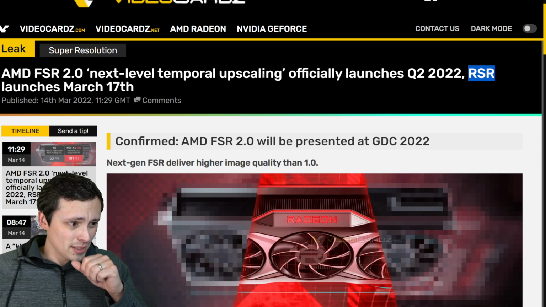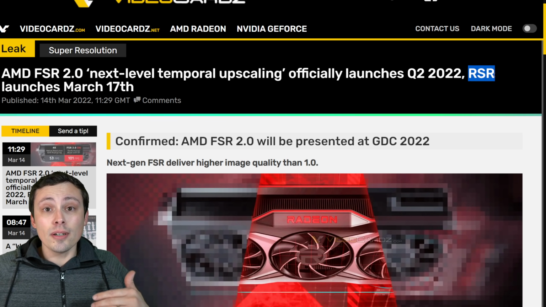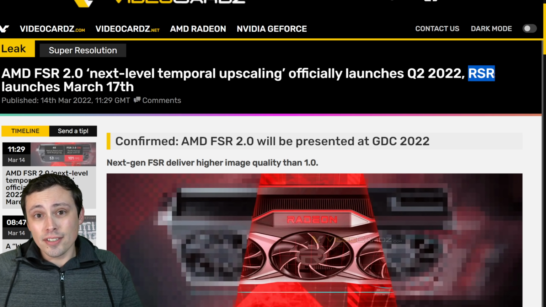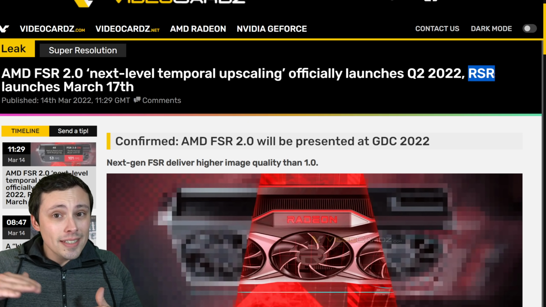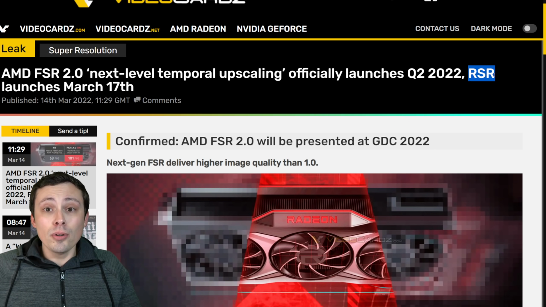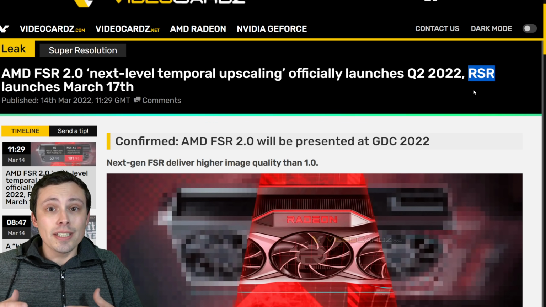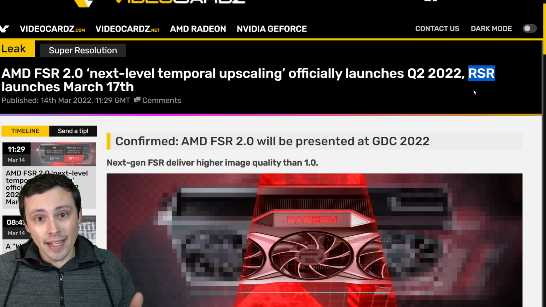And to be clear, this is not FSR 2.0. In fact, it should look worse than FSR 1.0, because RSR is applied at the end of the rendering process, whereas FSR 1.0, when it's officially built into a game, gets applied near the end of the rendering process, but certain post-processing effects and menu elements and HUD elements still get rendered at the game's native resolution rather than upscaled. RSR is going to be a driver-level implementation that just applies it to the final image of the game,